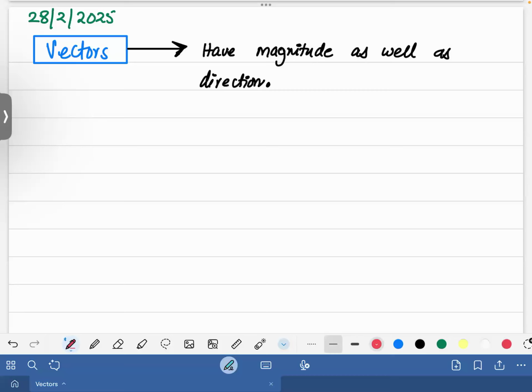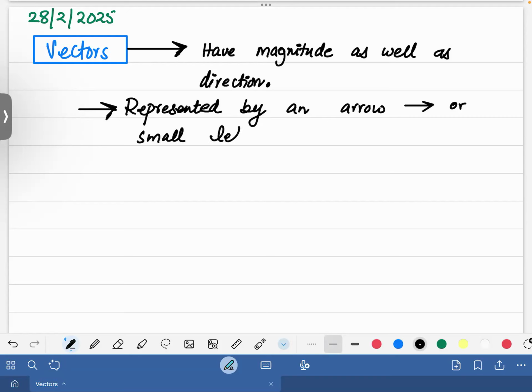Then what are vectors? Vectors are represented by an arrow. Start writing. They are represented by an arrow like this, or